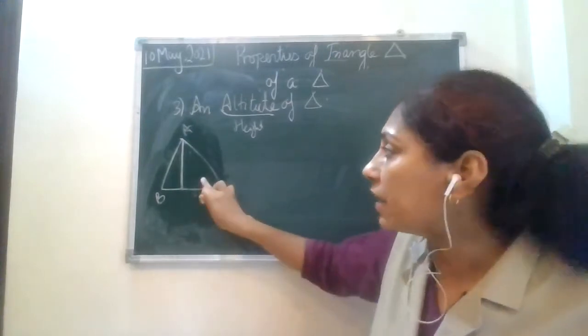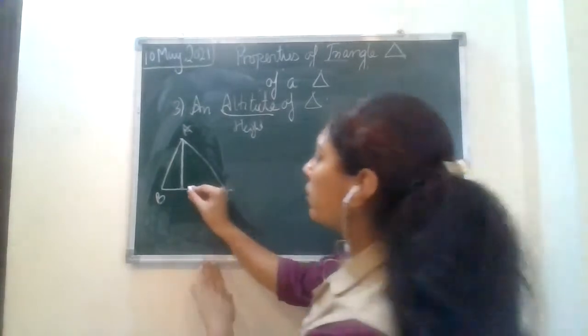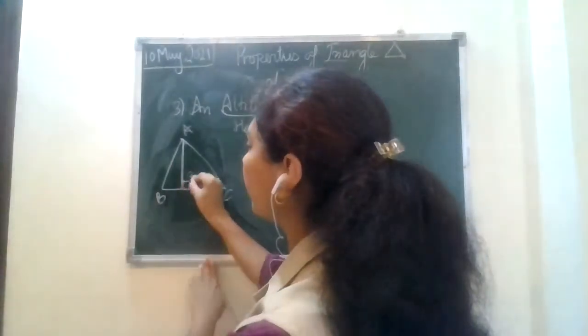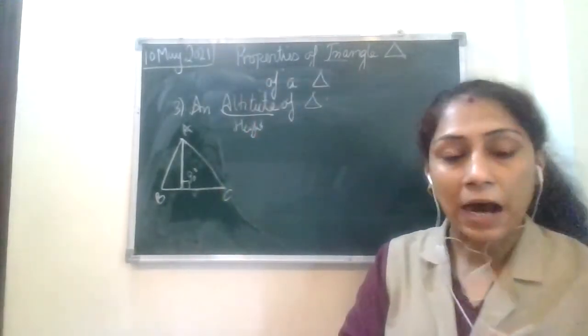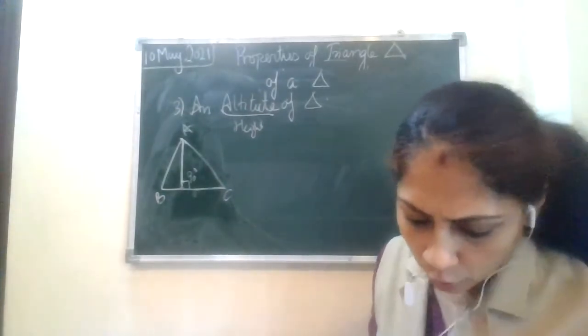Altitude is height. And if it is height, what angle are you making with the floor? 90 degrees. So this will also make which angle? With the foot, 90 degrees. Right? I hope this is clear. This is very much clear to you. Right? So here we will go.